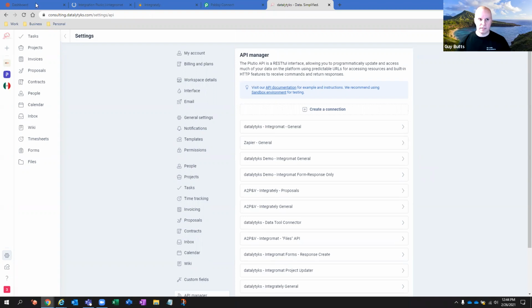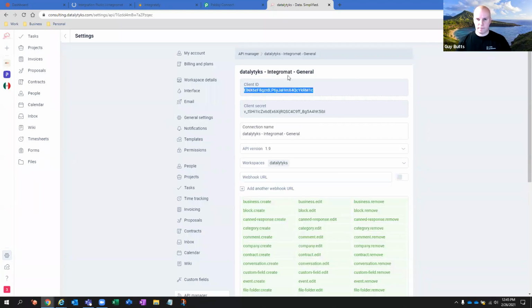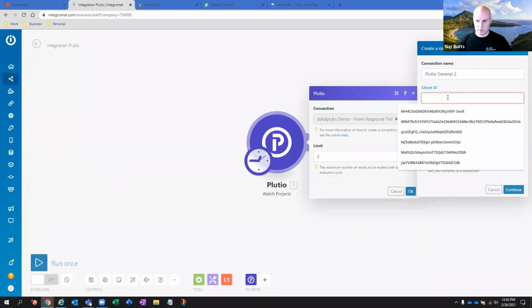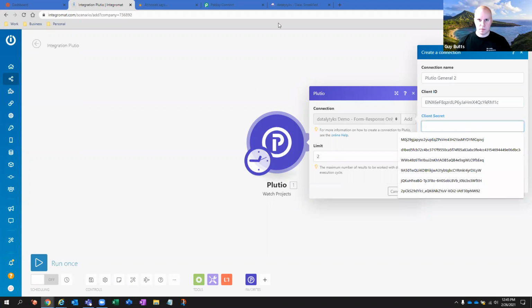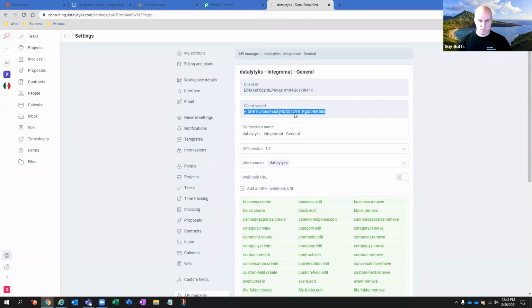Because if I've got it tied to Zapier, Integromat, Integrately, in more than just one solution or one platform, then I'm going to lose track, or I'm going to have things working inside of Integromat as well as Zapier, so that can be messy. So for what I do, I like to recommend building more than one connection. So again, we go back into here, grab the one we just created, client ID, back into Integromat, paste the client ID, client secret, copy that,